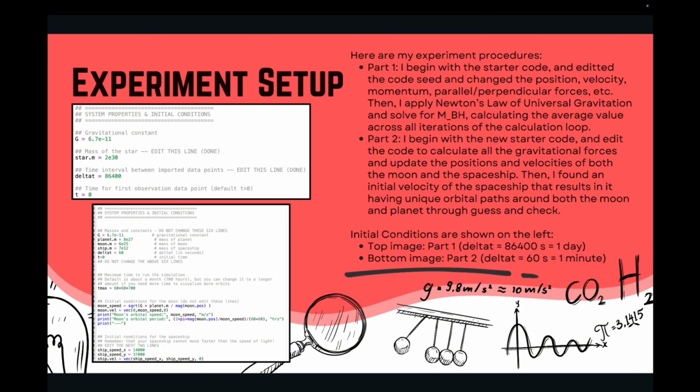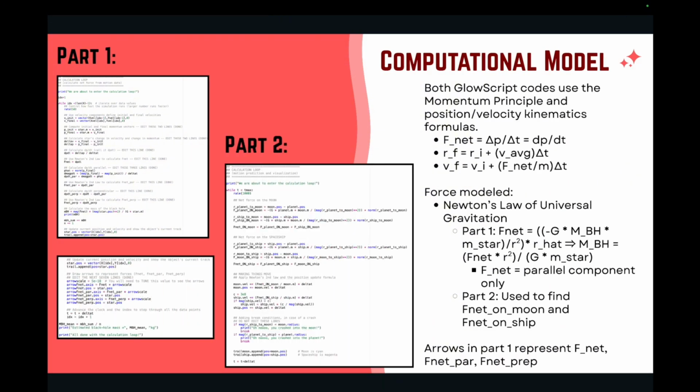Initial conditions are found on the left, and the top image is part 1, specifically delta t being equal to 86,400 seconds, which is 1 day, and the bottom image is part 2, where delta t is 60 seconds, which is 1 minute. Both GlowScript codes use the momentum principle and position and velocity kinematics formulas that I explained in the previous slides, and similarly, the force modeled is that universal gravitation formula, where in part 1 I solved for the mass of the black hole, and in part 2 I used it to find F net on moon and